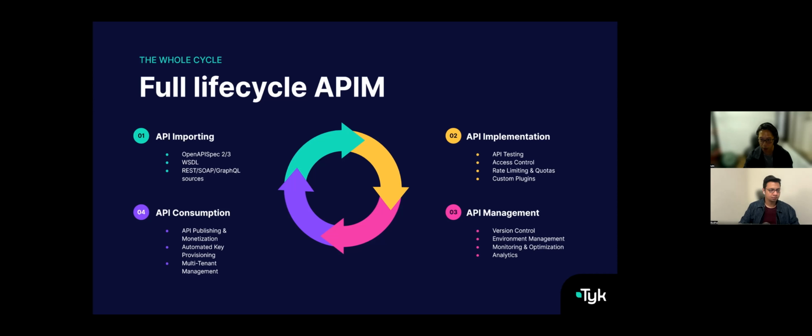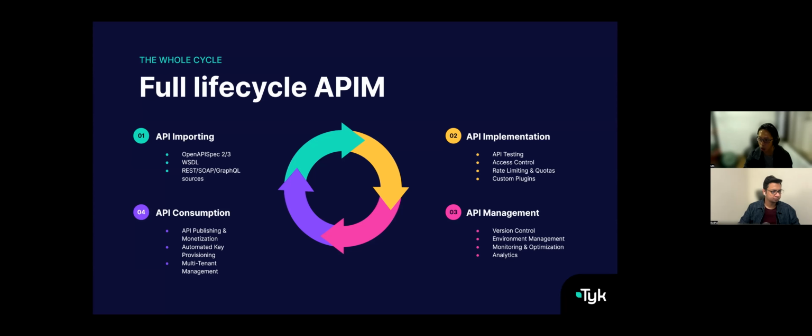We're able to do API imports based on the different standards, RESTful, OpenAPI specifications. We're also able to provide API testing, access control, security, rate limiting, and all forms of flow control.